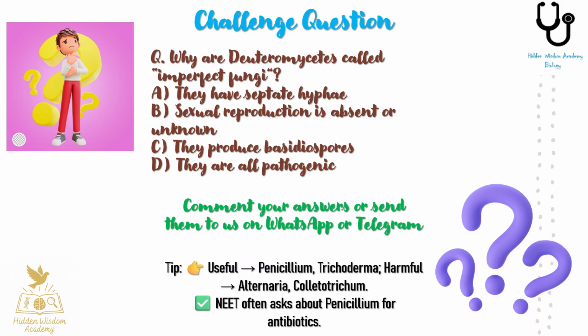Here's your challenge question for today. Why are Deuteromycetes called imperfect fungi? Is it A, they have septate hyphae, B, sexual reproduction is absent or unknown, C, they produce basidiospores, or D,